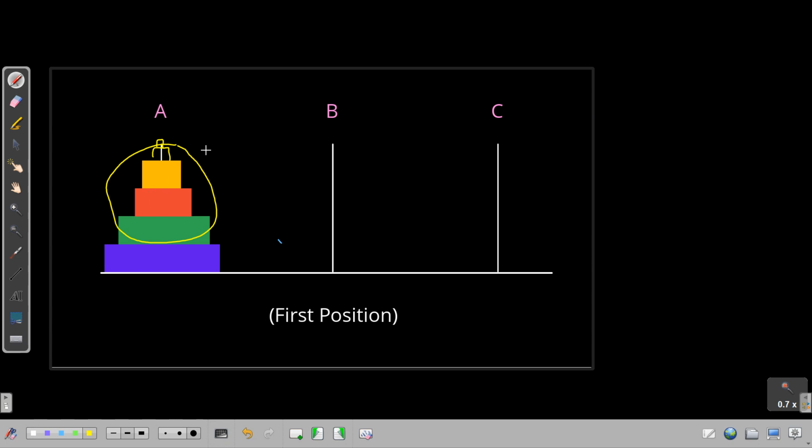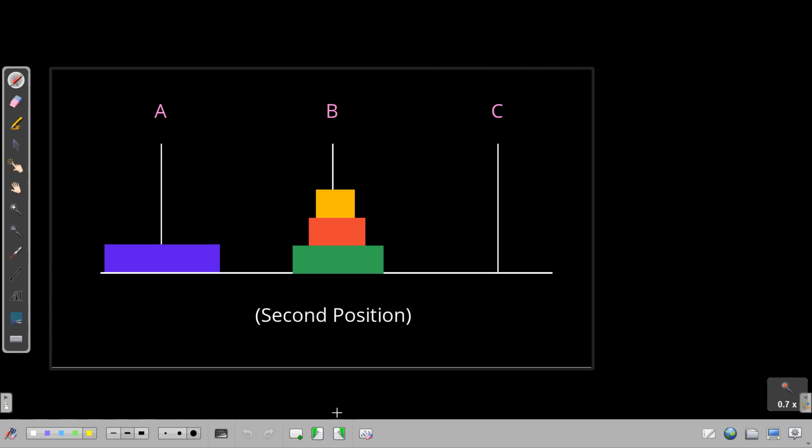So how many blocks exactly are we moving? Suppose we have total n blocks, n minus 1 blocks we are moving to the auxiliary position. So at this point of time, this is our from and this is our to. C will be used as the auxiliary one, or the helper one. So we will be shifting all these blocks at the from rod to the auxiliary rod. So this is our first process.